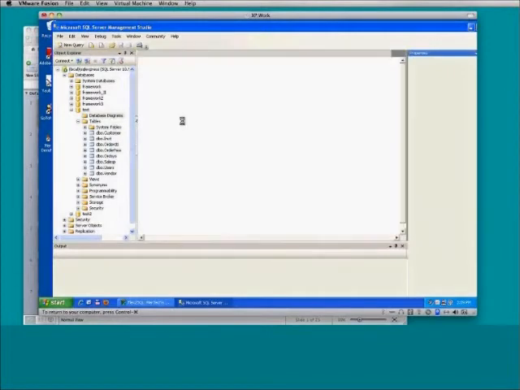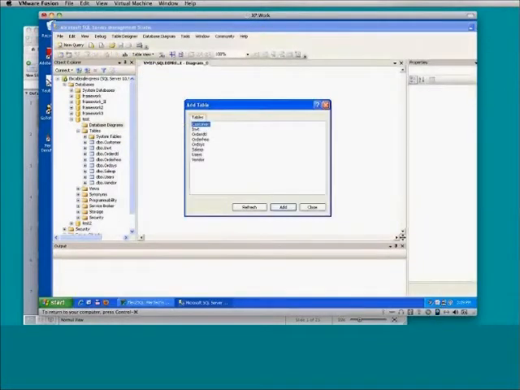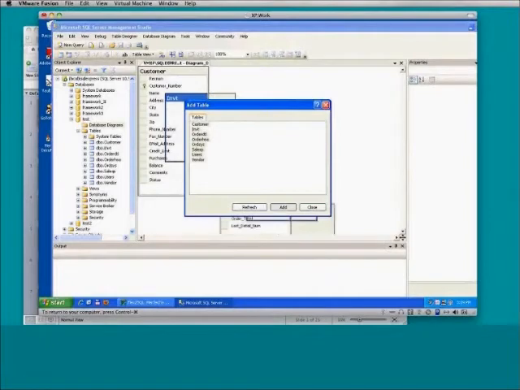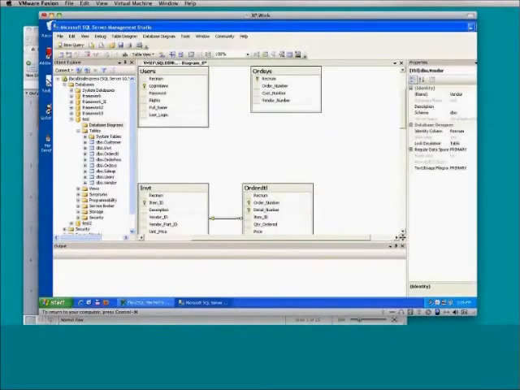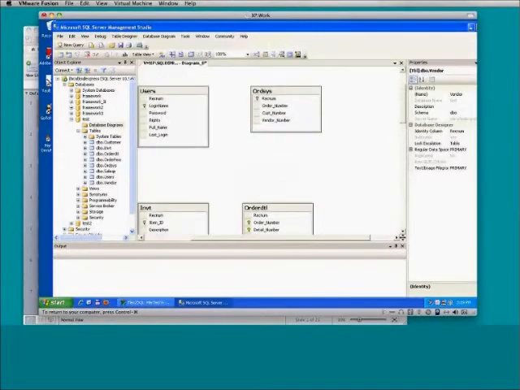I'll pick all the tables that I have. I'll add them. SQL Server will bring them in. And then it will clean up the layout a little bit. So in this case, we can see that we have the users and the orders table that have no relationships. It does display the